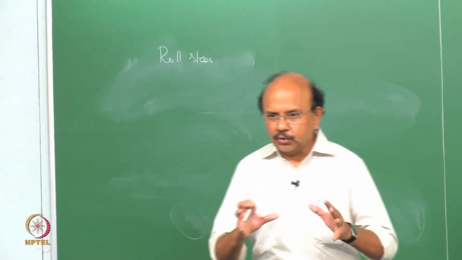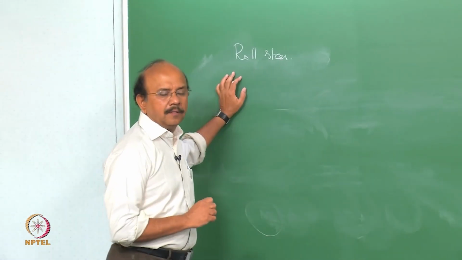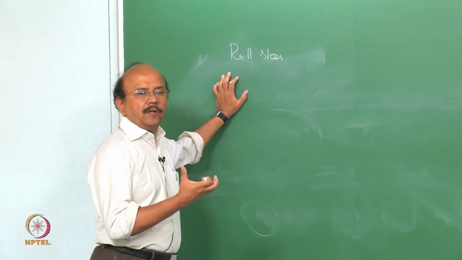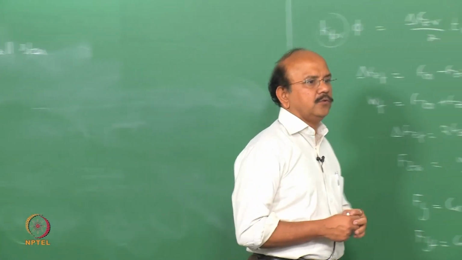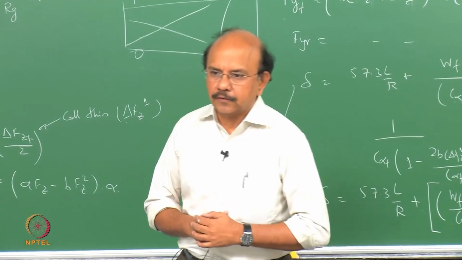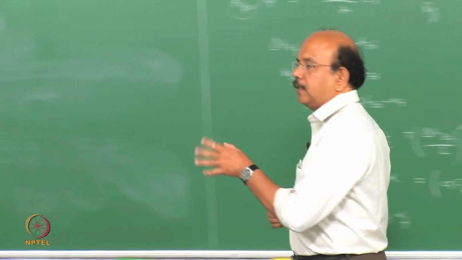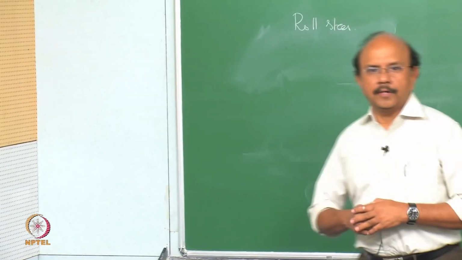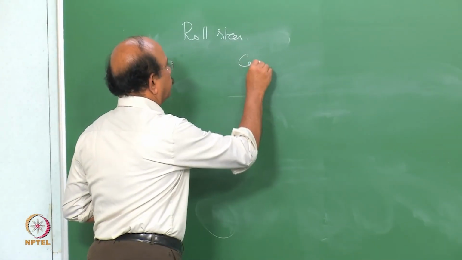Let's now look at these two things, okay, and understand what happens. After all, the suspension is a mechanism. You use the theories of mechanisms in order to analyze, for example, a MacPherson strut. It's a mechanism. So when there is a roll, okay, there is a change in camber, which we would separately deal with,